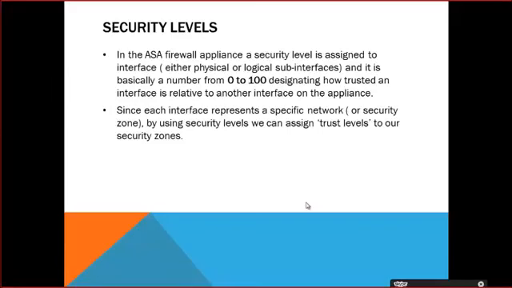So the inside zone is always more trusted than the outside. The inside zone is more trusted than any other zone. So mostly we will give 100 for inside. What Cisco has done is, when you provide a name to an interface as inside, it automatically assigns 100. So we need to assign names to the interface, and if the name happens to be INSIDE,